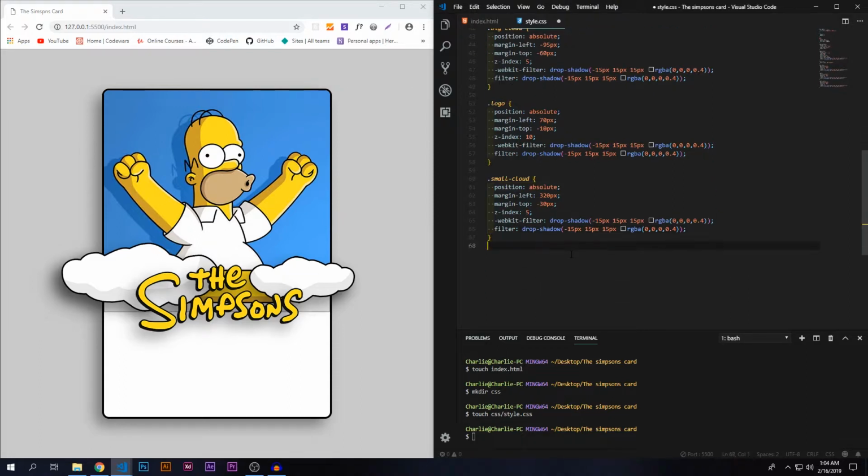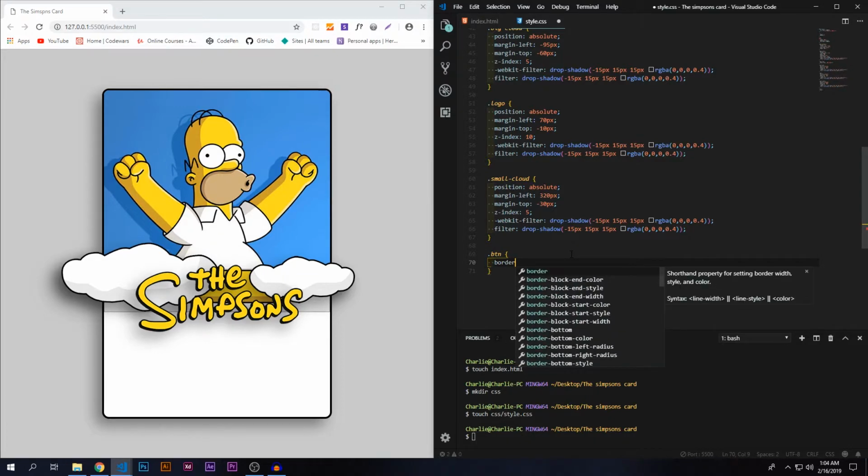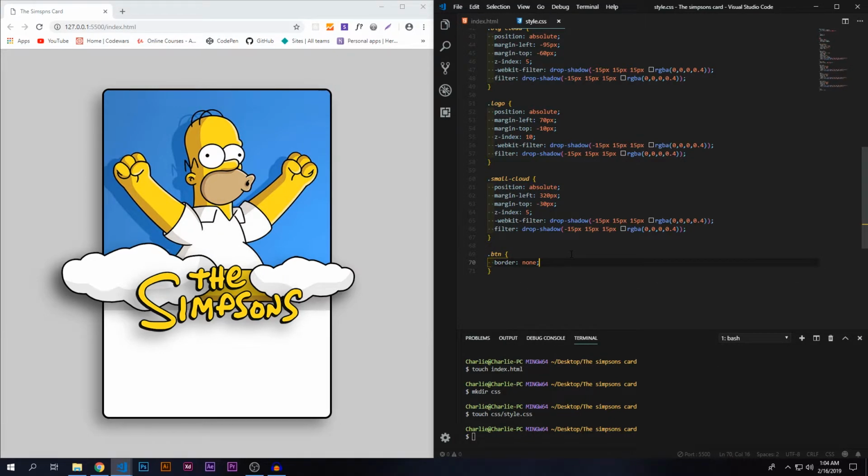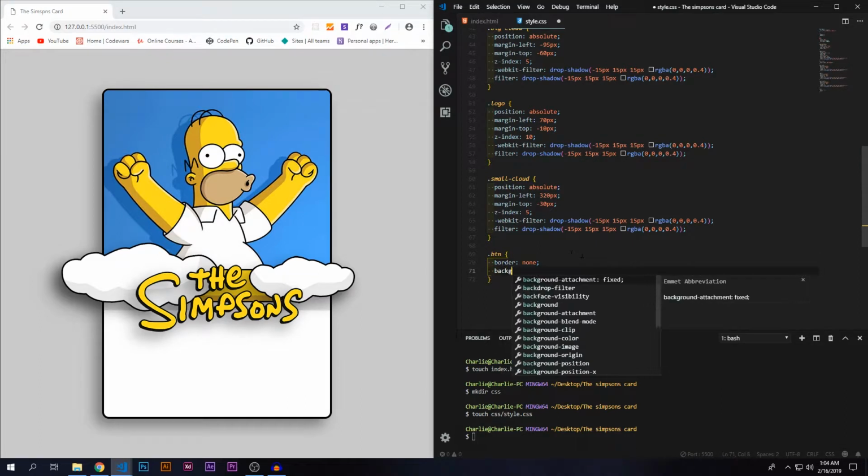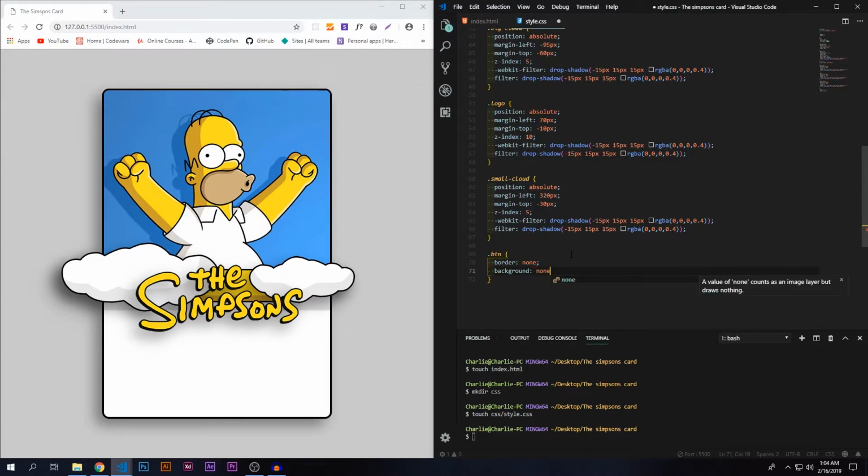Let's do this. So btn, which is the actual container that holds the button, let's give it a border of none. That takes out the border. Let's give it background none. That takes all the garbage behind it. And let's give it an outline of none too. Okay, now we need to, hold on, actually, yeah, let's do a cursor pointer, that turns the mouse into the little pointer thingy, and we need to